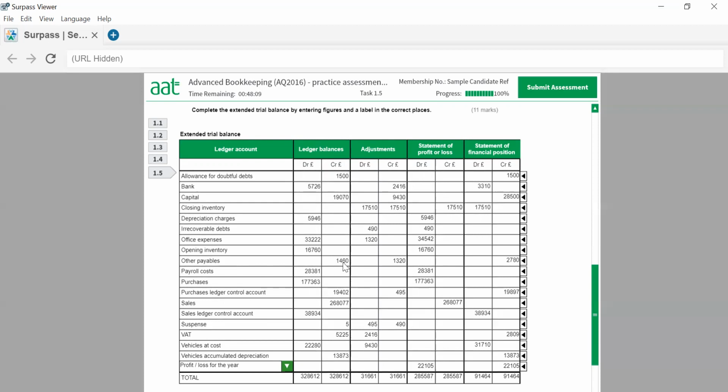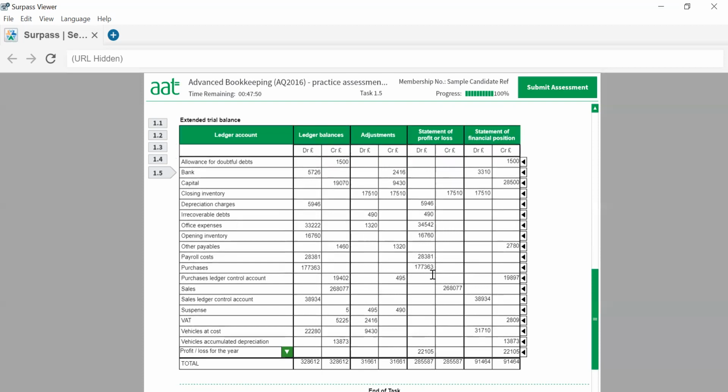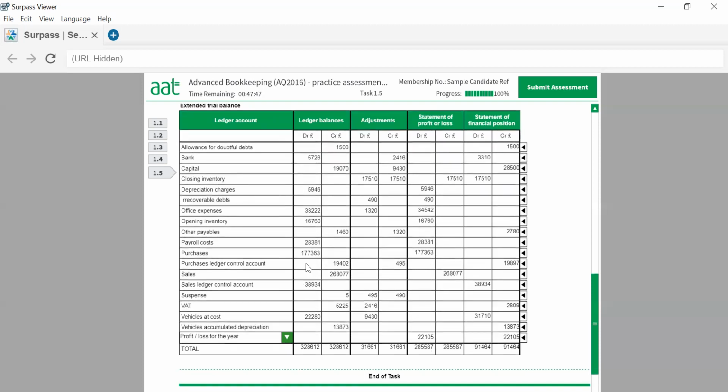And then we've got payables. On the payables, we've got credit 1460. Then we had an adjustment of 1320, which gives 2780. So other payables is a current liability in your statement of financial position. Payroll costs is an expense in your profit and loss account. Purchases: again, credit, liabilities, income and capital; debit, expenses, assets and drawings. So purchases goes in your statement of profit and loss,